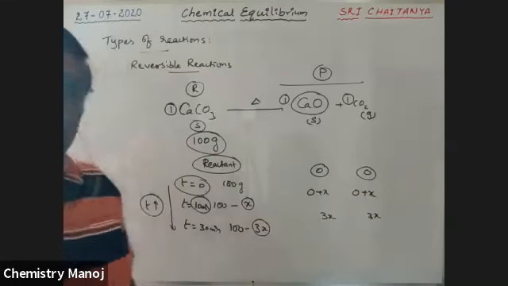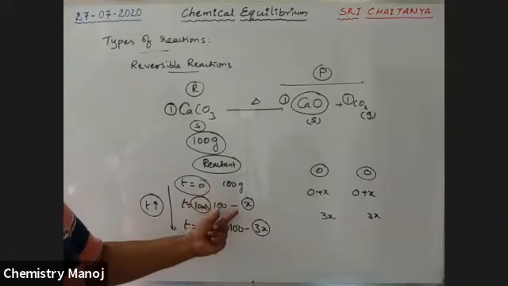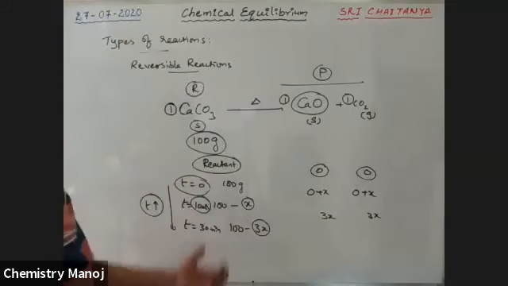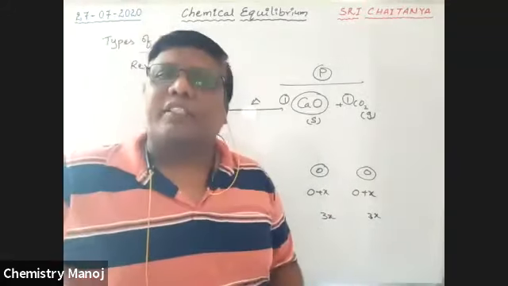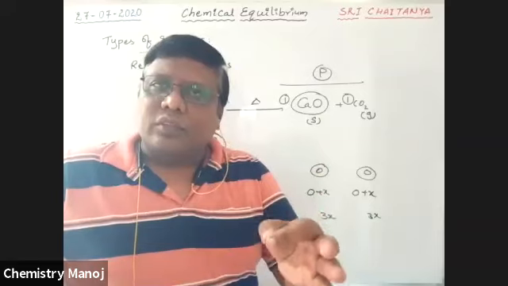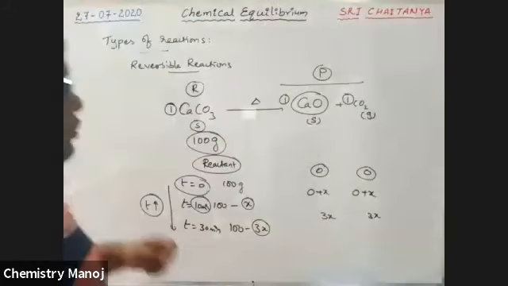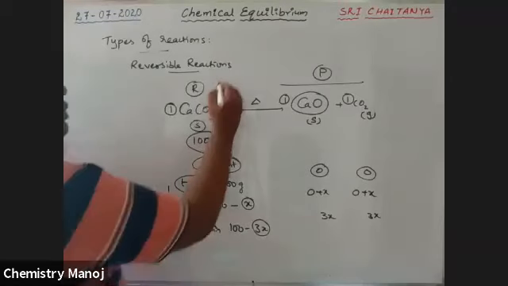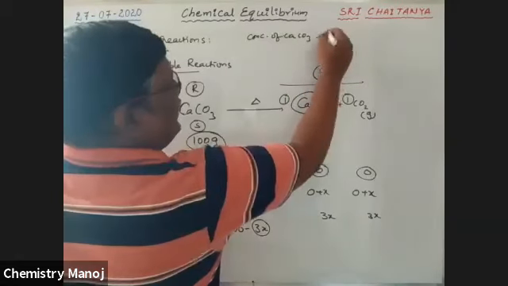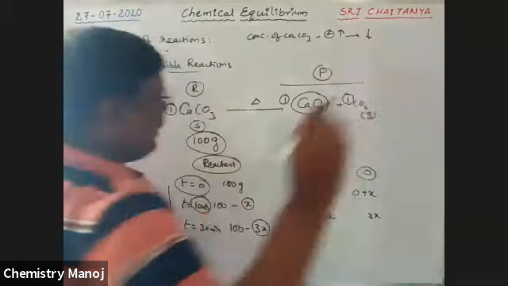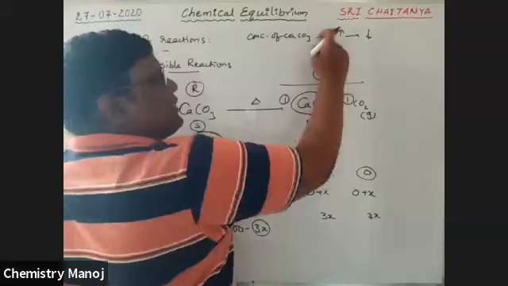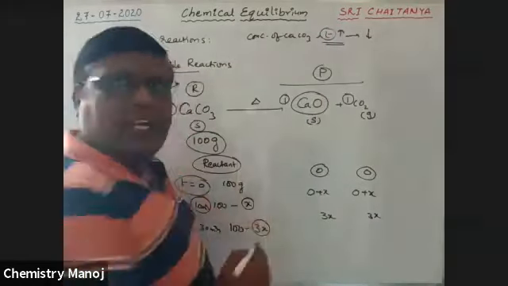As the time increases, what about the value of this CaCO3? Does it increase or decrease? Here actually 100 is there, then 100 minus X, then 100 minus 3X. So that value I'm now considering as a concentration. All of you good, correct, my dear boys? Here I'm writing: concentration of CaCO3, as the time T increases, decreases. Am I correct or wrong? As the time increases, it decreases.